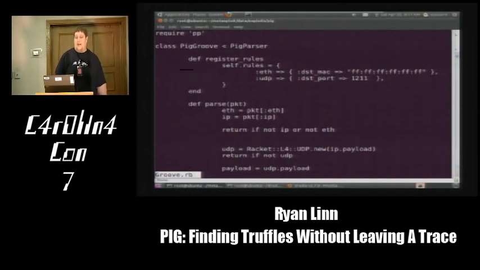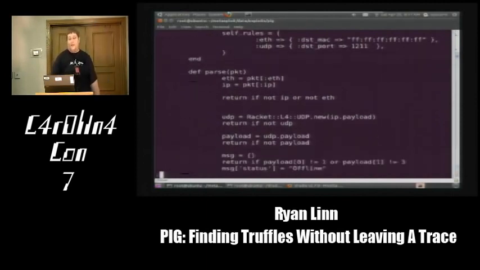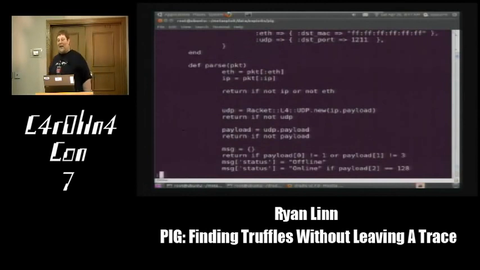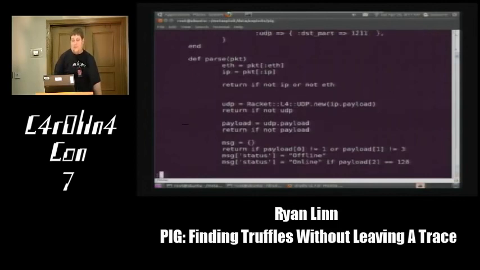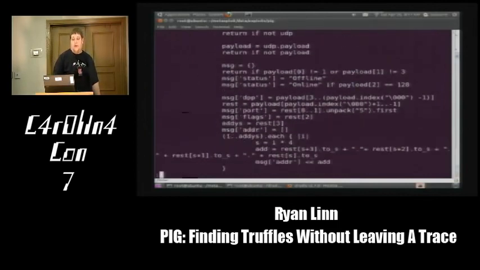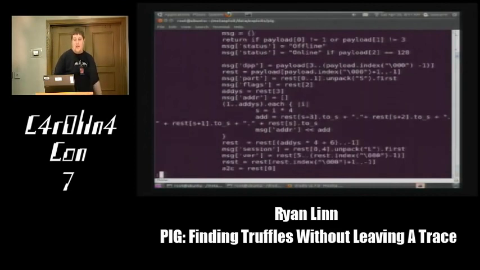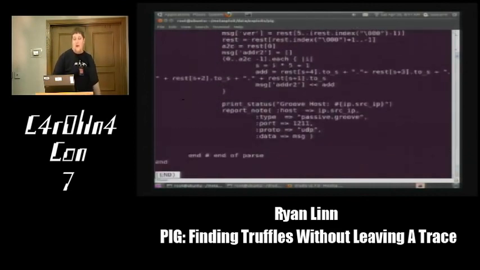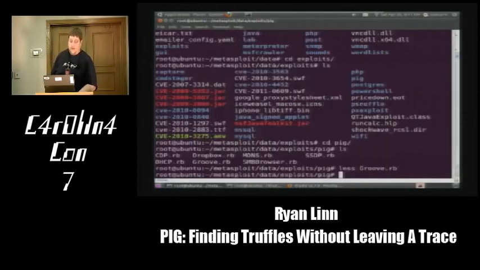The parse method accepts a packet and then uses Racket in most cases, which is the packet manipulation modules that are included in Metasploit, to be able to break down the packet at each layer to get the different types of information you're looking for. So basically this is the code that breaks down this packet, and at the end of the day we report the note information back up. If there's other stuff for some of these that you find interesting that you want to add back in a different way, the report note functionality is what does this.